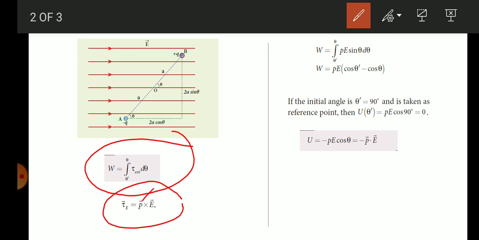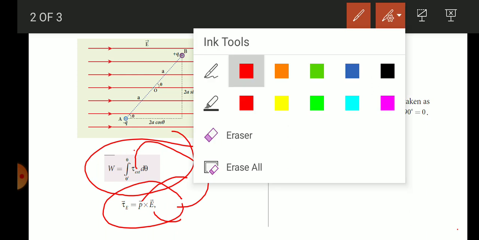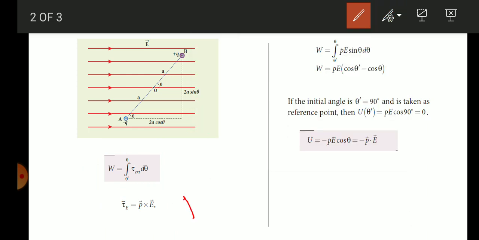What is P? It's the dipole moment. What is E? Electric field. So when you do the cross product of dipole moment and electric field, you will get a torque. Then substitute this value instead of tau. Here it is a cross product, correct? So the cross product can also be written as P E sin theta. In 11th standard we studied the properties of sine, cross product and dot product. The cross product is nothing but P E sin theta.